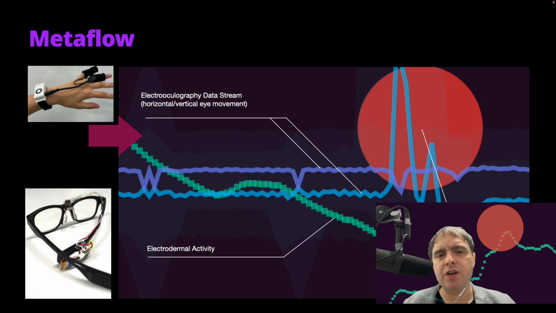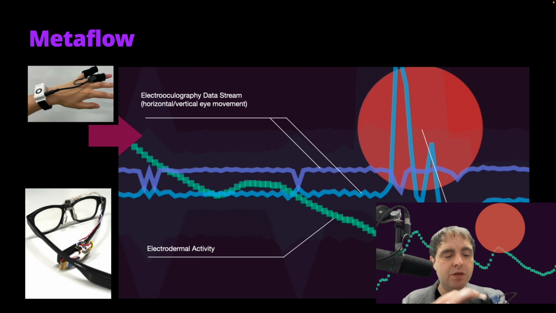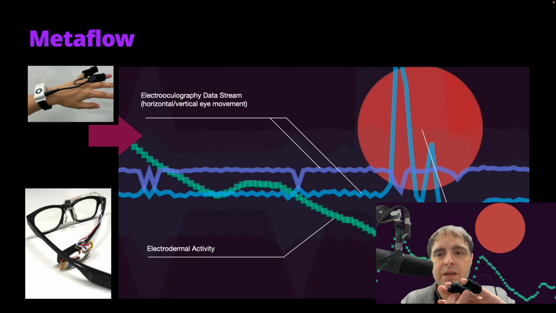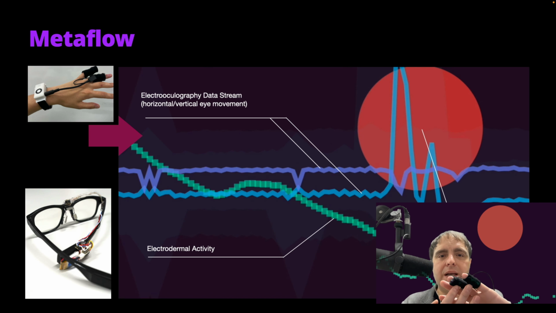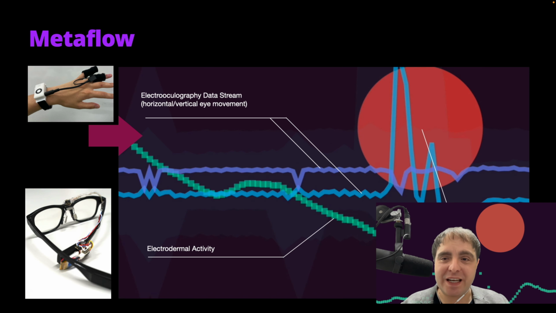So before we start, you might wonder about my background. This is actually not just an animation. This is live data from sensors that I'm wearing. So I'm wearing these sensors. This is an electrodermal activity sensor. This is kind of a sweat sensor. It puts a small current and measures the conductivity of my skin. And if I'm sweating, that gets lighter, and sweat indicates usually stress or excitement.